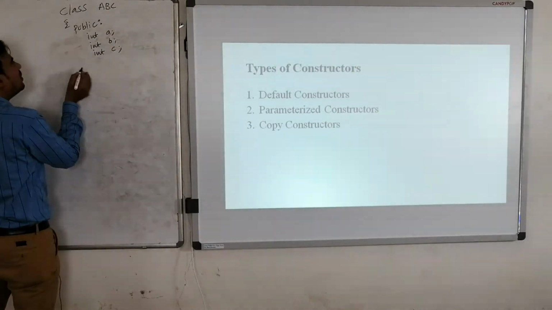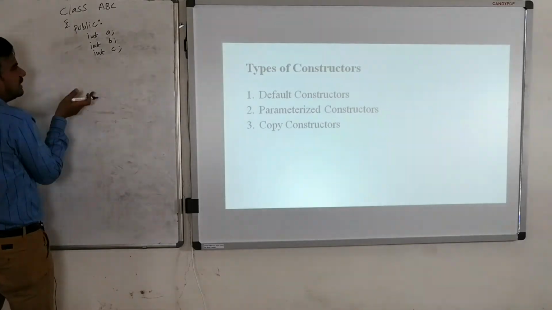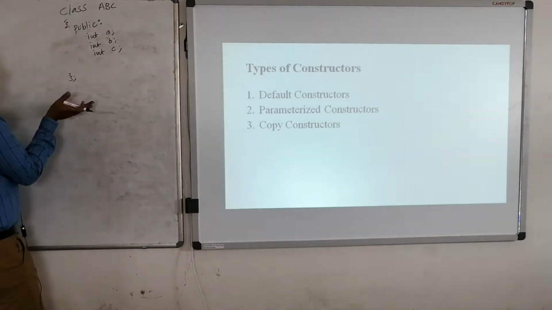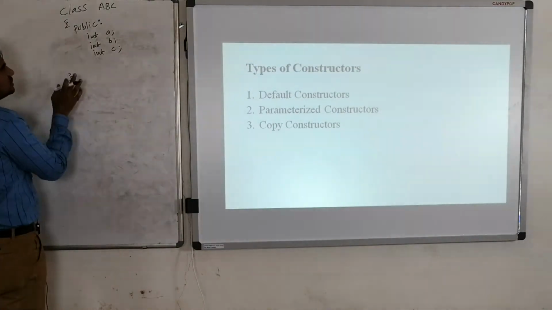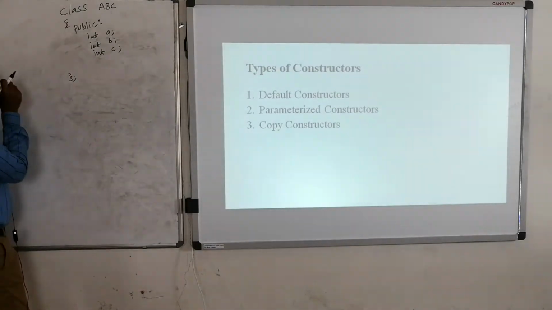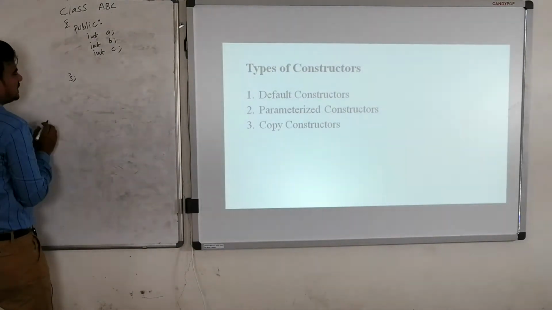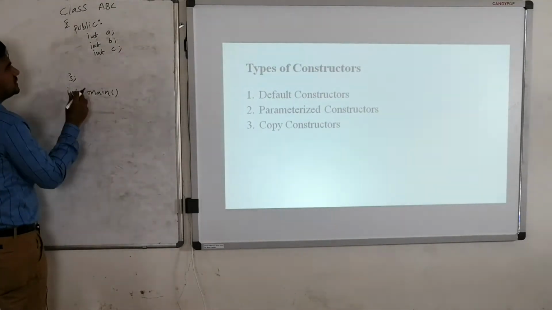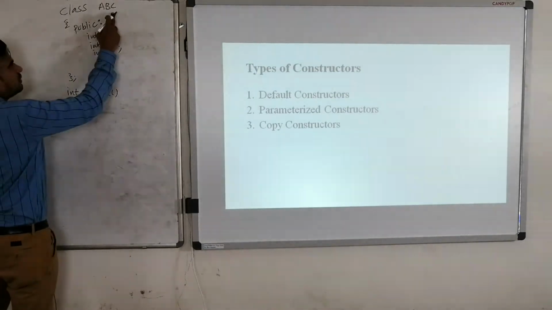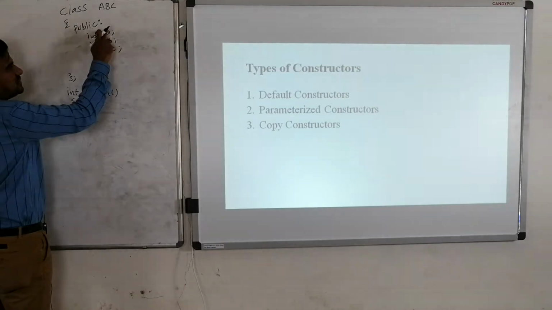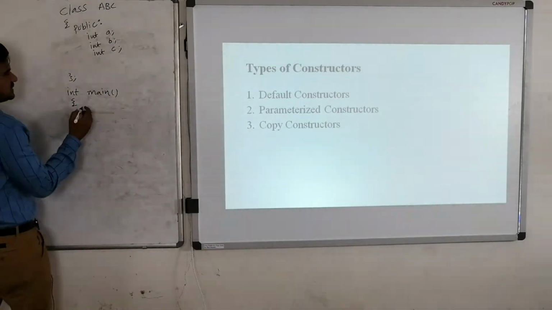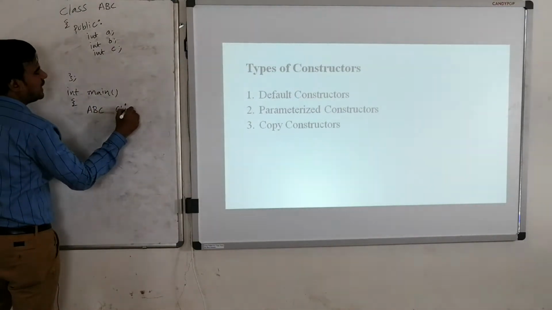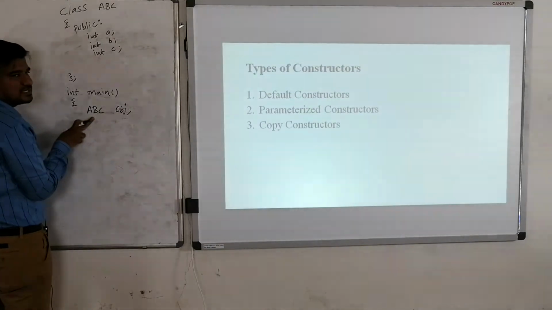I will write the program step by step, and later on I will add some content to this class. For now, just remember I have a class, and inside it I am declaring three variables, three data members, A, B, C. Now int main. What are my options? I have to create the object of this ABC class to access or initialize these data members. So first I create the object, ABC obj. Now obj is an object of this ABC class.